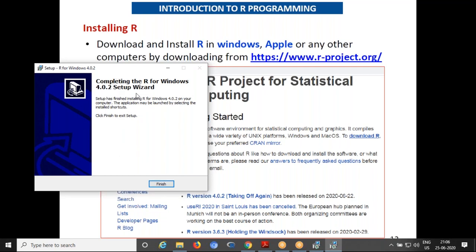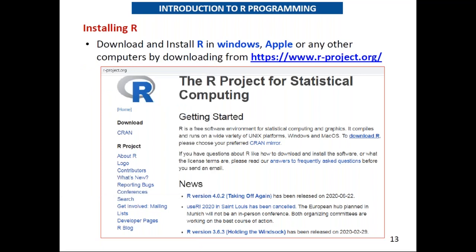Now our installation is completed. Then click on finish. Now you can see, come to our desktop.